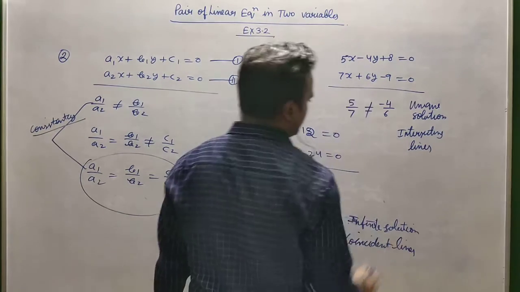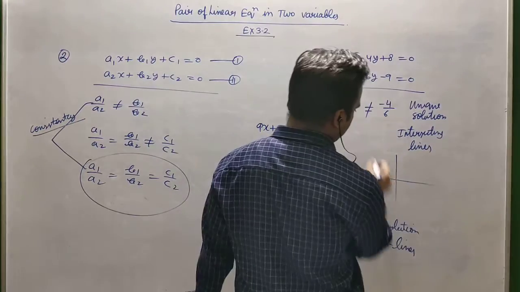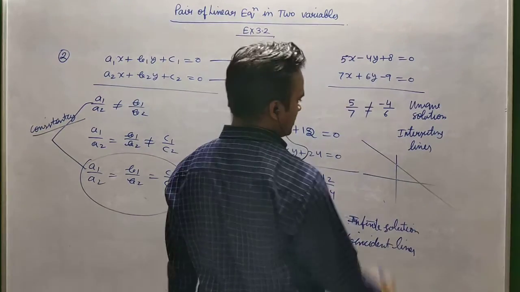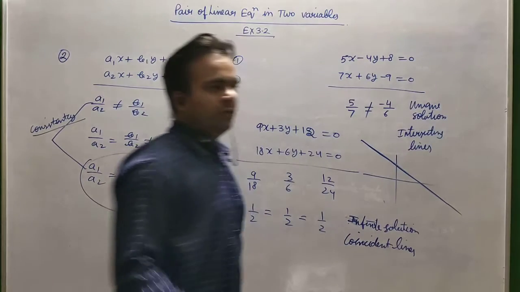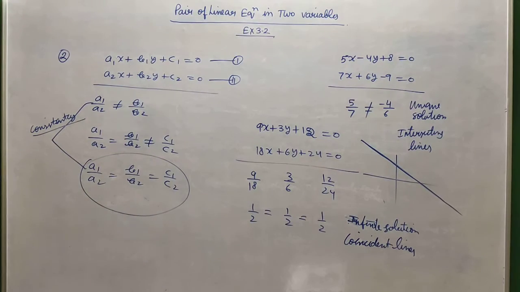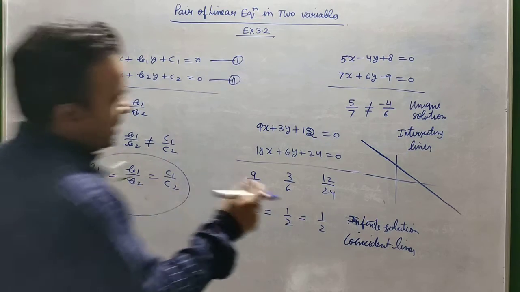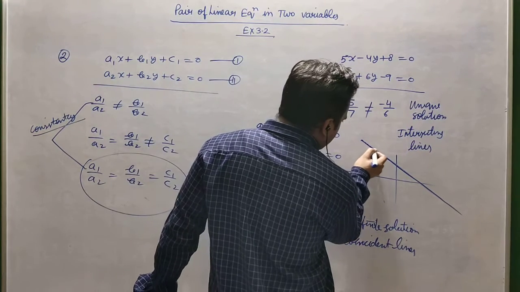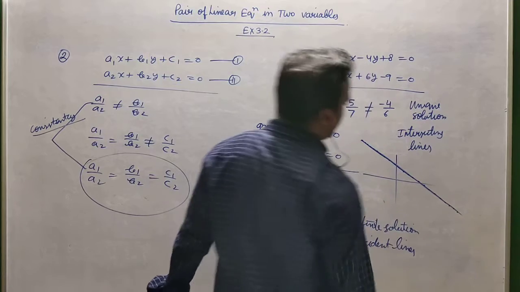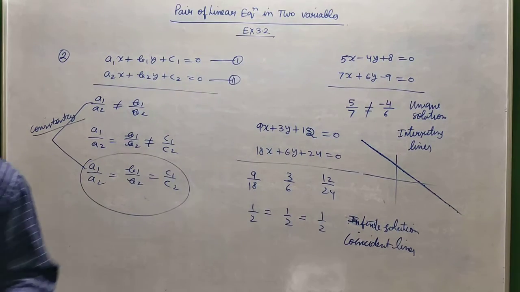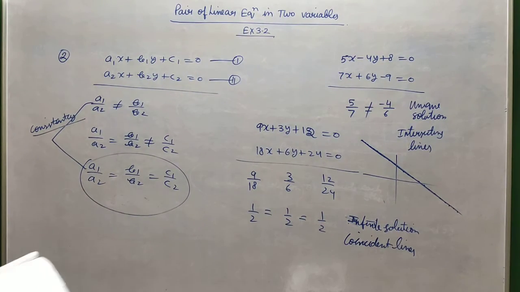I want to tell you how it will behave. Suppose this line is passing through this, so another line will pass over this one, coincide, overlap. It will overlap the first line. So it means this line will intersect the other line at each point. And how many points are on a line? Infinite. So it means each point will behave like a solution. Now the next part.